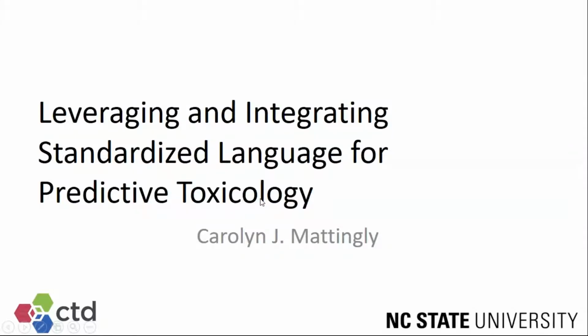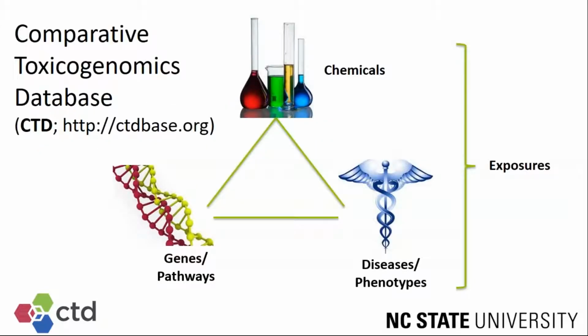So I'm going to talk about the Comparative Toxicogenomics Database just as a model. I guess I'm sort of preaching to the choir. We know how to reuse data and integrate existing standards. But I'm going to focus on two of the newer initiatives that we've been adding to this database in recent years. For those of you that may not be familiar with CTD, the goal is to help investigators identify connections between chemical exposures and disease or phenotypic outcomes,